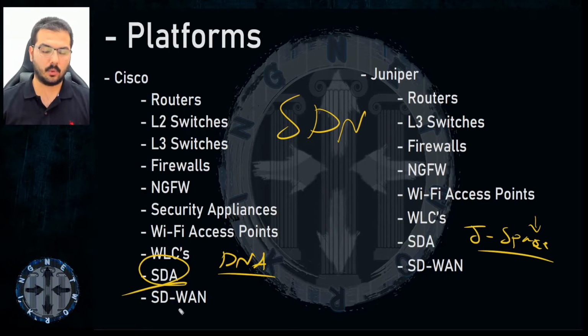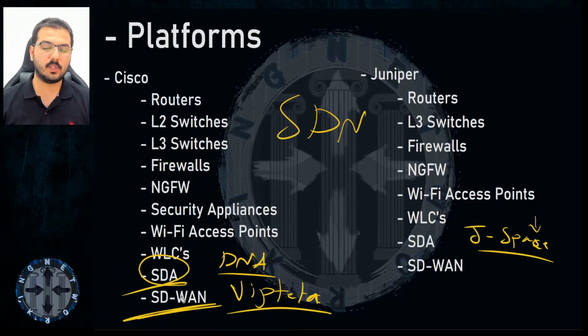Also, they are better when it comes to SD-WAN. Cisco has acquired a company called Viptela, which was a very good company for producing SD-WAN solutions. That's why Cisco acquired them, and it became Cisco Viptela. With Cisco Viptela, you get a ton of virtual-only solutions, and I will talk about that in a minute. You can install them on any physical appliance. You'll have multiple components to establish an SD-WAN topology or solution to connect multiple edge devices over the WAN.